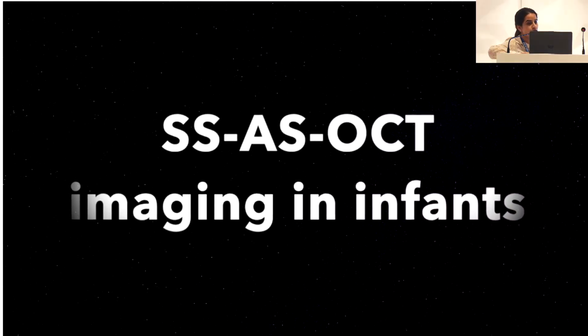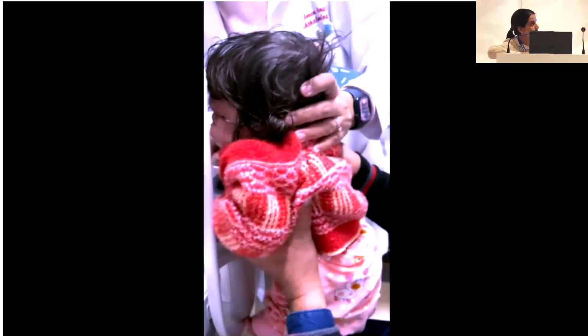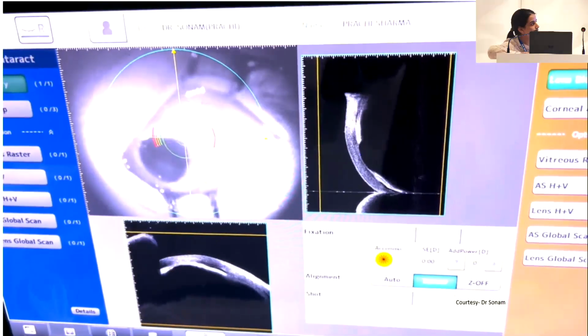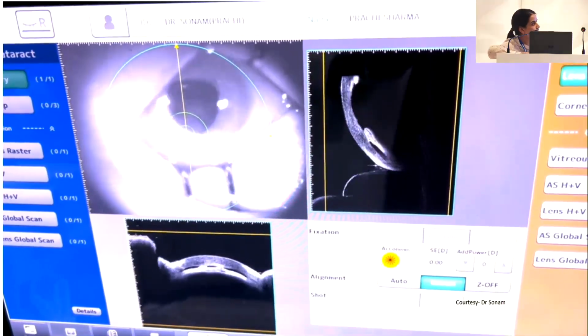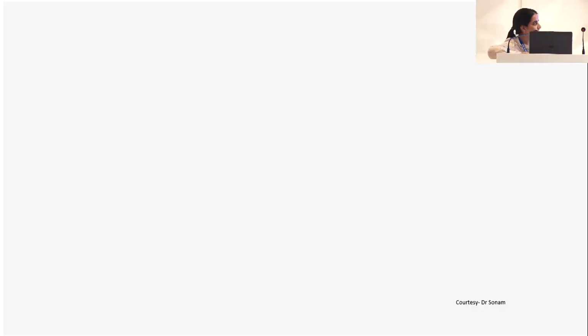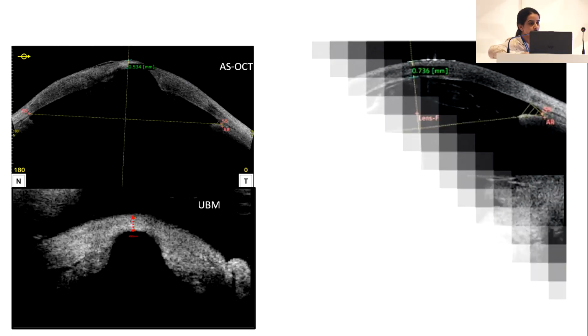This is a short video of how the central corneal thickness was captured using ASOCT. In this, after applying the speculum, the ASOCT was captured whenever the child fixates, because it takes images in a very short time. So pachymetry measured was